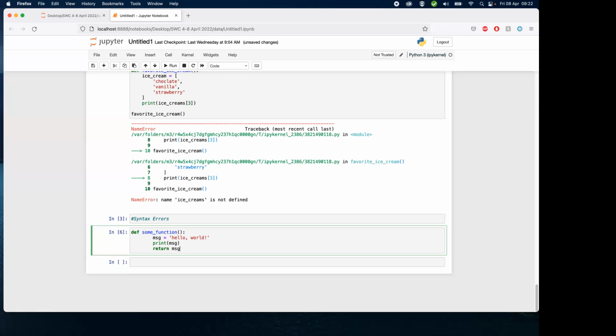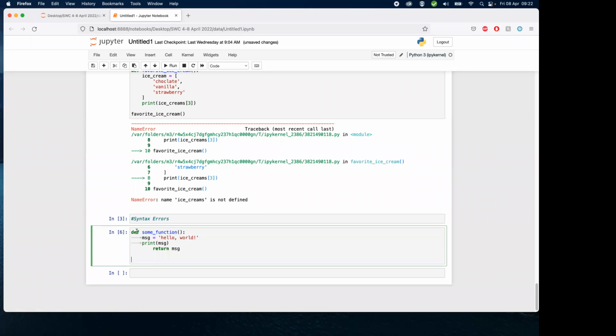Okay, but if you run this, it tells you that there's an inconsistent use of tabs and spaces in the lesson. So let me copy and paste the lesson one. Okay, so there you can see it. As you can see, there's a tab, and these are spaces. So it's actually difficult to see, and it's difficult to replicate, because what